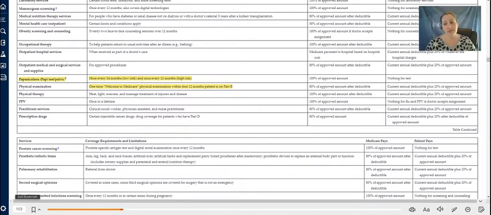And this is the one that usually blows everybody's mind. A physical exam, like a wellness physical, one time, the first 12 months, and that's it. They do not pay for physicals for senior citizens. Now that blows a lot of people's minds that they don't. But let's be real. Remember, wellness and physicals are when you have no problems. Most of your senior citizens have problems. And so normally they're not going to be wellness exams. They're going to be sick exams because we're evaluating their diabetes or their blood pressure or their cholesterol or whatever it is. So it's not that crazy, but at first glance it seems a little surprising that that's how Medicare